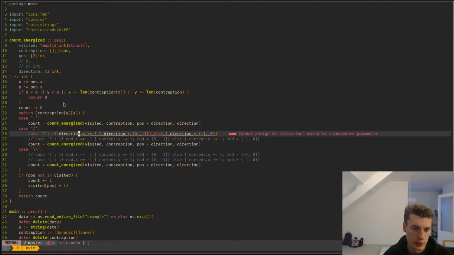Direction. So that's coming from there, and if I'm going from there, I'm going up. So direction is equal to y is -1 and x is up. That's fine. Else,